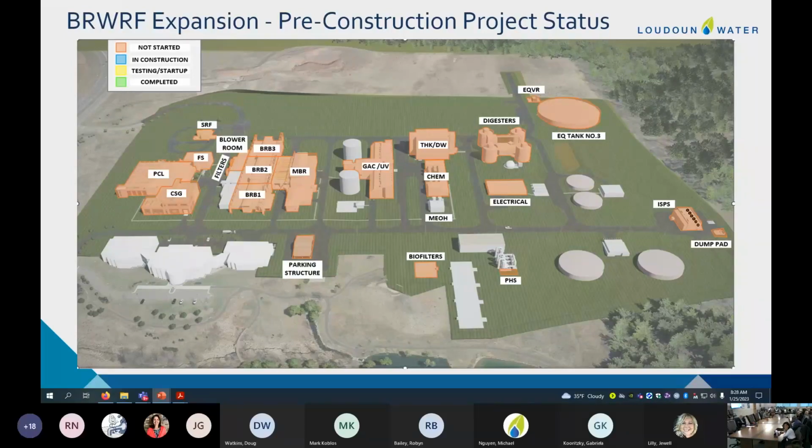This shows the work inside the fence at the plant that is part of the project. In some cases, it's brand new buildings and structures over there at the dump pad as well, and then at the parking structure, and in all the other cases, it's modifications to the existing buildings. And I will add that there are some structures and aspects of the project outside the periphery of the